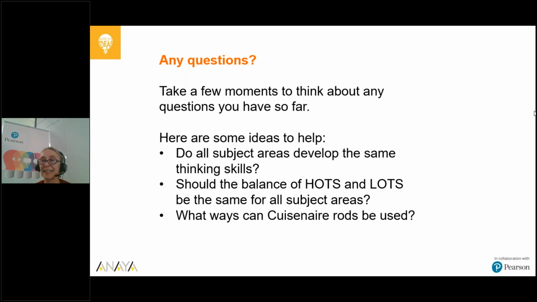Grammar, how should it be presented? Well, I think that grammar needs to be dealt with as an inductive grammar approach rather than a deductive grammar approach. And this is very similar to what I was saying about definitions. We need to guide the children to the rules rather than giving them the rules and telling them to apply them. So with grammar, say, for example, if, as I mentioned, the present perfect is a difficult structure to teach,